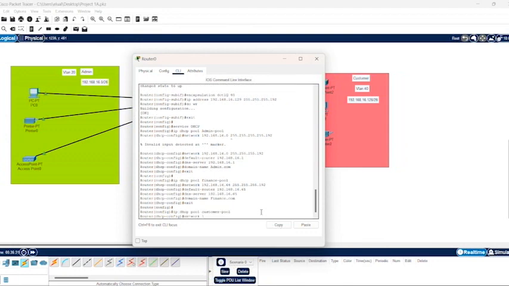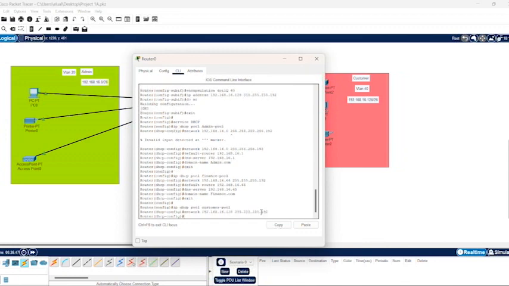The network is 192.168.16.128. Subnet mask 255.255.255.192. And the default router